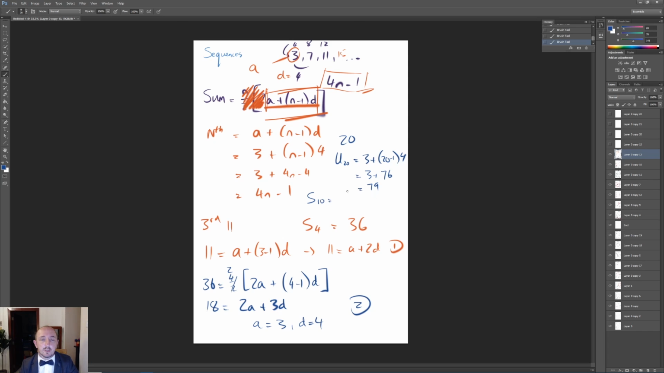So we use the sum formula, 10 over 2, brackets 2 lots of a. So a was 3 plus n minus 1 lots of d. We can work all that out on a calculator, and that will be the sum of the first 10 terms. Okay, so the job is to find a and d, and then we use that to find out the second